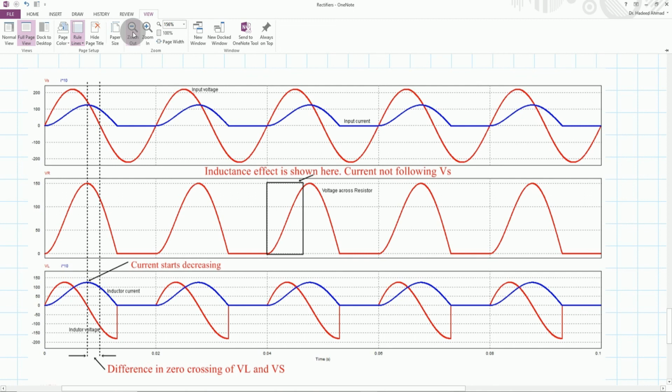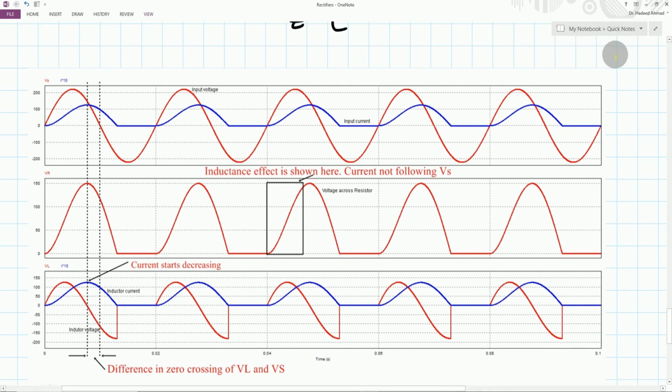Now to understand the waveforms, because the waveforms are a little bit tricky here, what I have done is that I have simulated an example from the textbook over which the key waveforms of the circuit are plotted. This red waveform represents the input voltage, Vs, whereas this blue waveform represents the load current